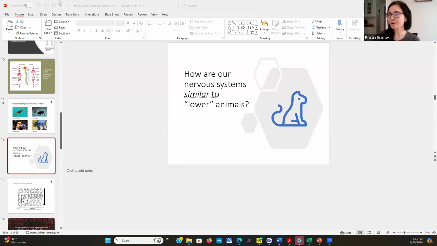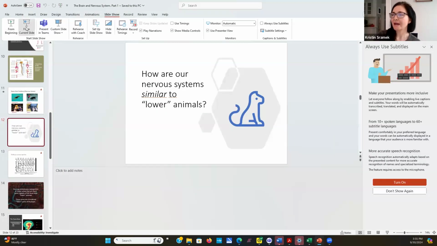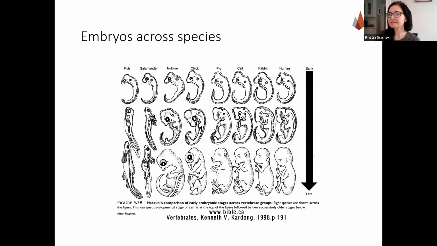Okay, so let me start off with this first part. We're really going to think about the nervous system from an evolutionary perspective here. And the main idea is that we're similar, evolutionarily speaking, to lower animals. And it's important to consider this. So we can see this with